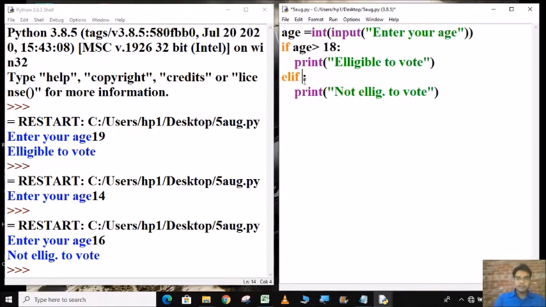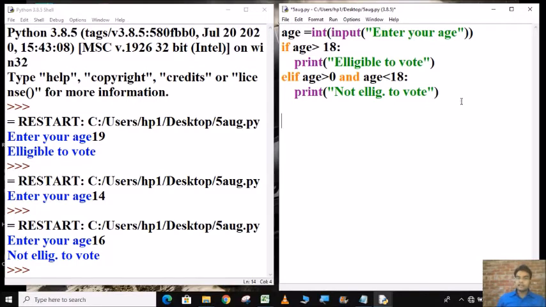Now we will again check, else if age is greater than 0 and age is less than or equal to 18, then not eligible.